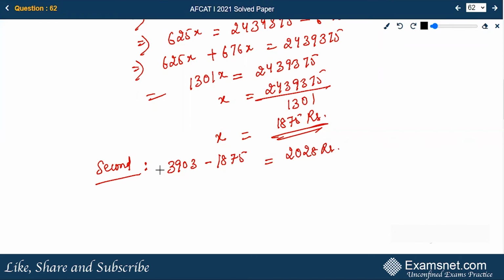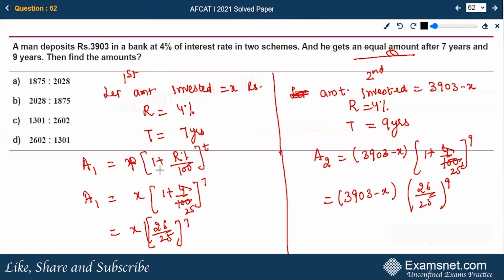Now you have to find out the amounts. The first option is, then you have to find out the amounts for the two cases, for the 7 years and for the 9 years. So the ratio becomes, for the first time, it was